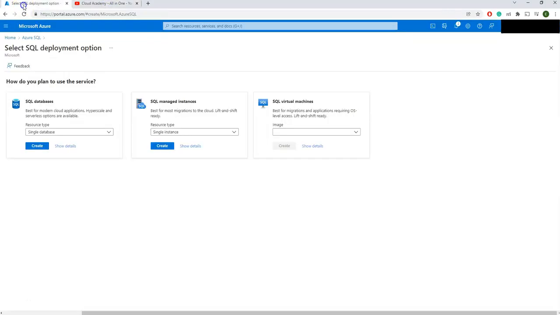You can find more information. But here I'm going straight to the point, that is creating the single database. You can even select Elastic Pool and Database Server. Elastic Pool is like, in case you have multiple databases, you can use a pool so that the resources will be shared across all your databases. But I'm anyway going with a single database right now. Create.